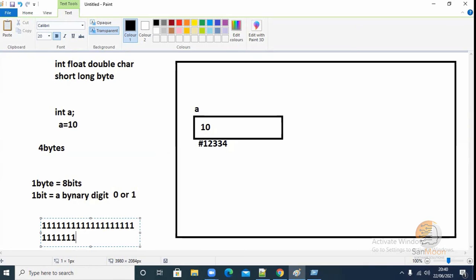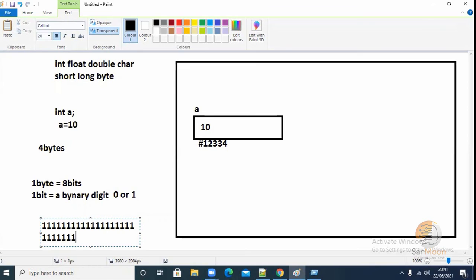But what I am seeing is a decimal number, right? The normal numbers, 0 to 9, the decimal number system. We are not going to see the binary number. Generally, we won't use binary. The computer will use binary only. So whenever I store a number, how will it calculate? Whatever number I store, will it be within 32 bits or not? It will check. How will it check? It will convert that number into binary and check how many bits it is. If it fits into that memory, it will store. Otherwise, it will crash and throw an error.